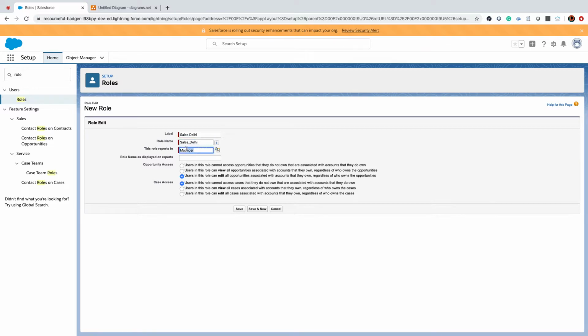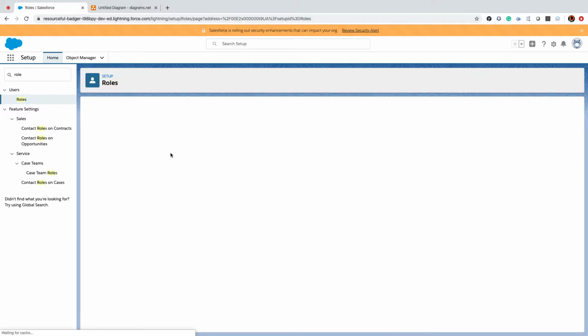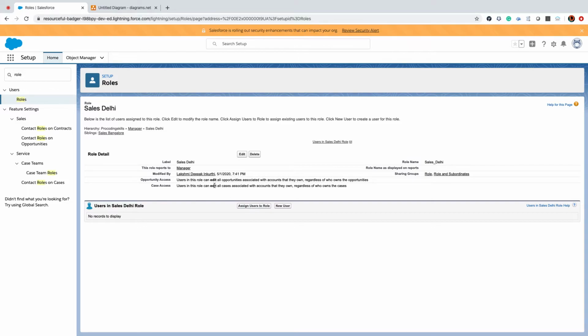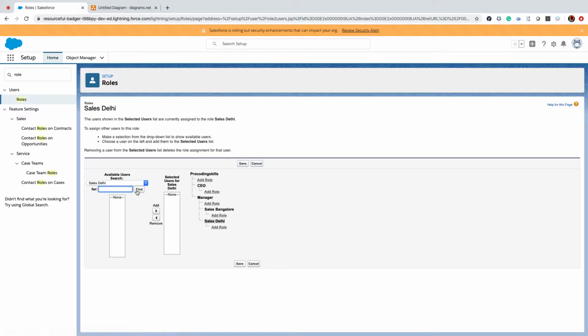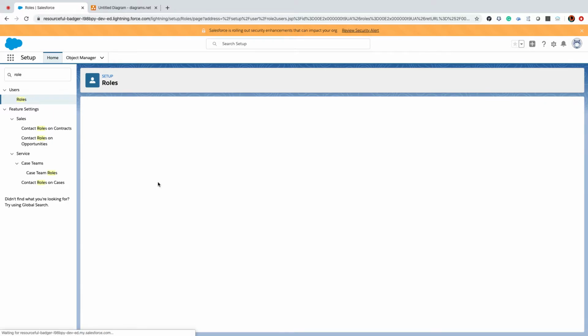I'm assigning these roles to manager. Save. Now don't worry, we have created the roles but we never assigned the users. That we can do. Sales Delhi I'm assigning to Nikhil. Assign users, and I'm saying Nikhil sales is related to sales Delhi.